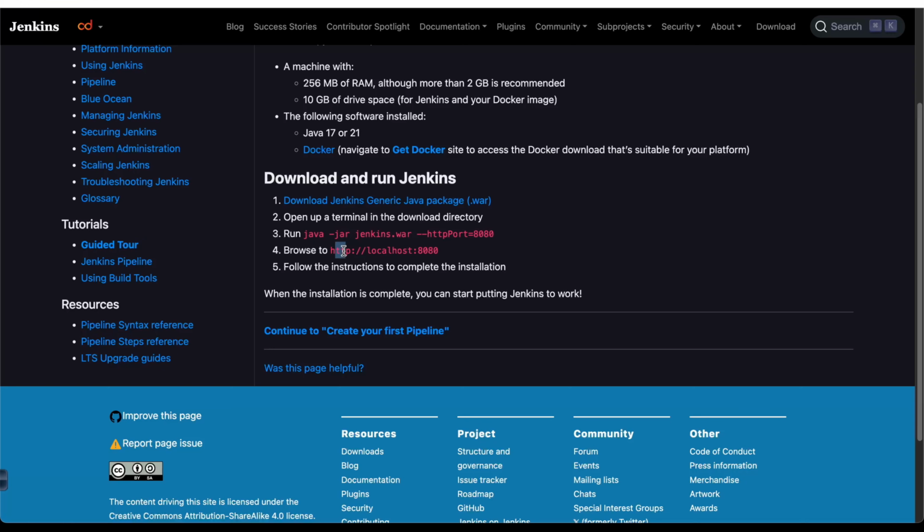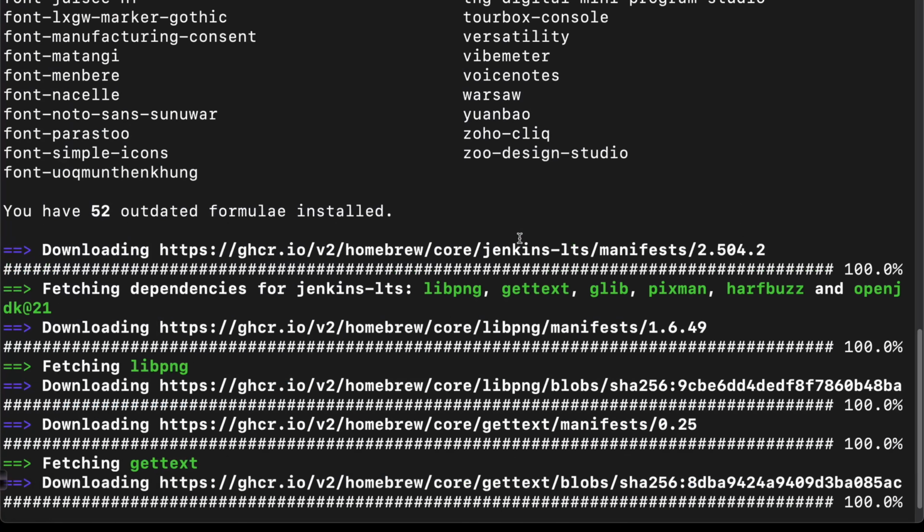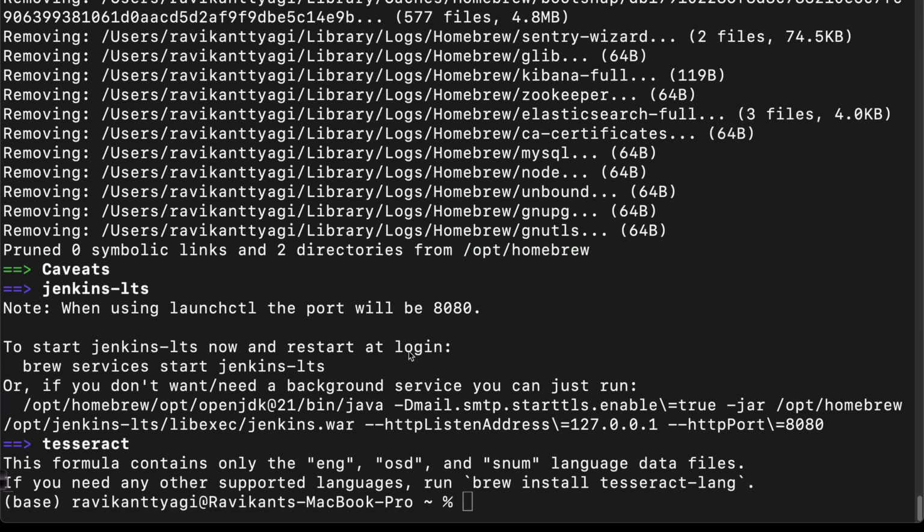And finally, you can go to localhost 8080 and make sure nothing else is running on port 8080. For example, Apache Tomcat or something else also runs on port 8080, so you have to make sure nothing is running there. Let me check. It's still downloading. Once the installation is completed for Jenkins, we can directly start it. As I mentioned earlier, it is going to be executed on port 8080, so we have to make sure nothing else is running on that.